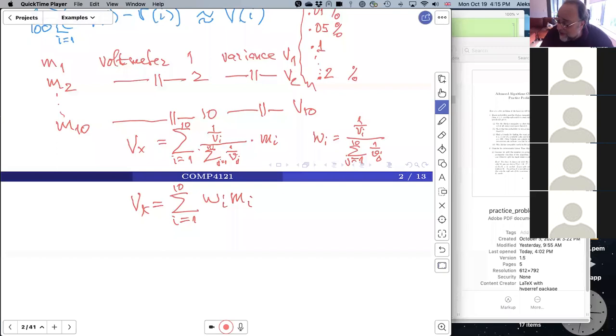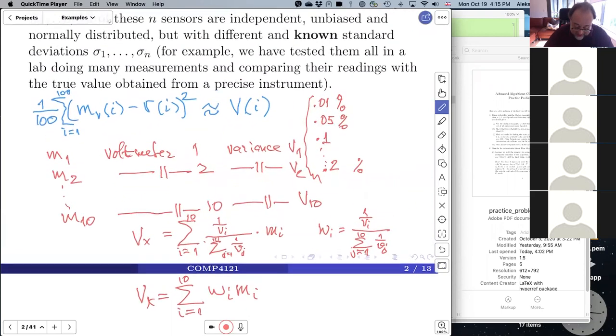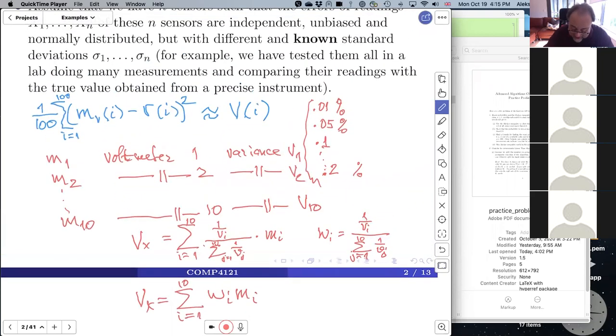And this is kind of counterintuitive, but actually this method provides a hugely more accurate estimation, even when there is a great discrepancy between the accuracies of the individual instruments. And you can see why this is important. For example,